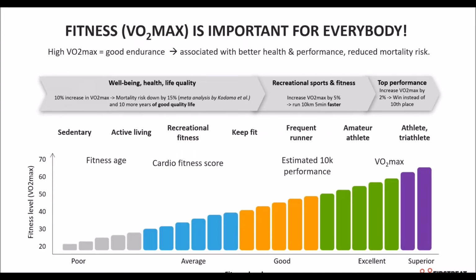A lot of research and background, of course, is known to most of us how important and why fitness is so important. And the message today seems to really be around the fact that VO2 max, that used to be something that we thought in the context of sports and athletes, but now it's really considered an important feature for everybody, for people of all fitness levels. High VO2 max means good endurance, and it has been strongly shown to be associated with better health and performance